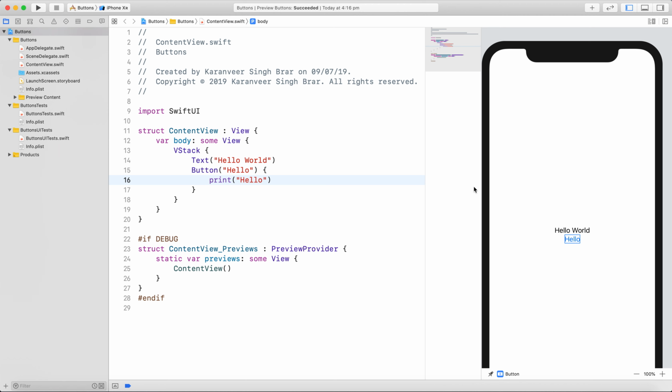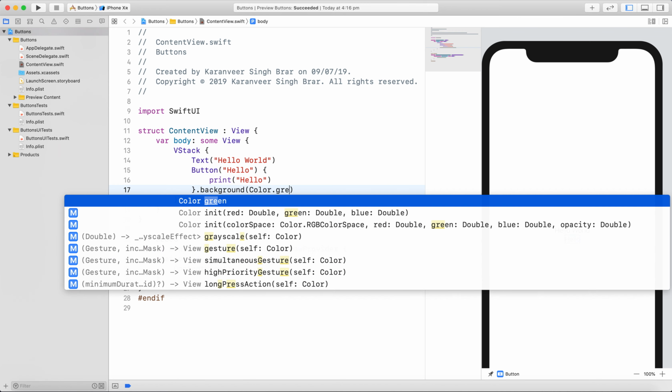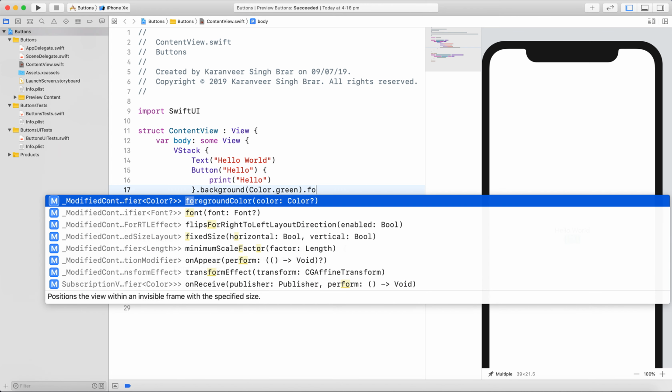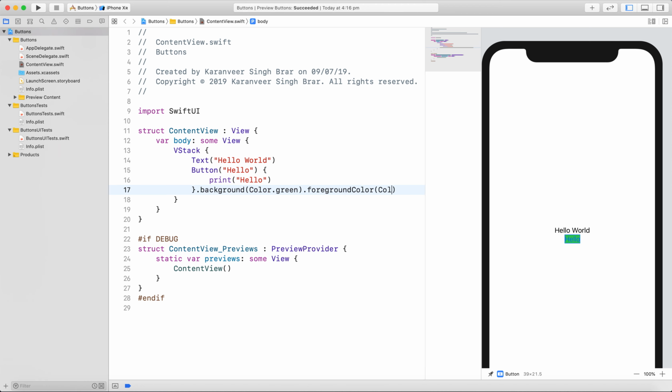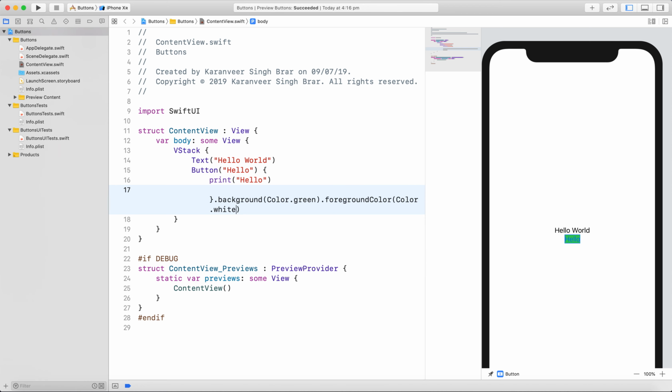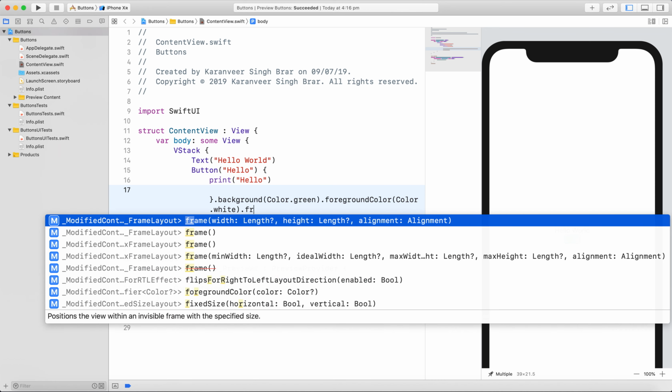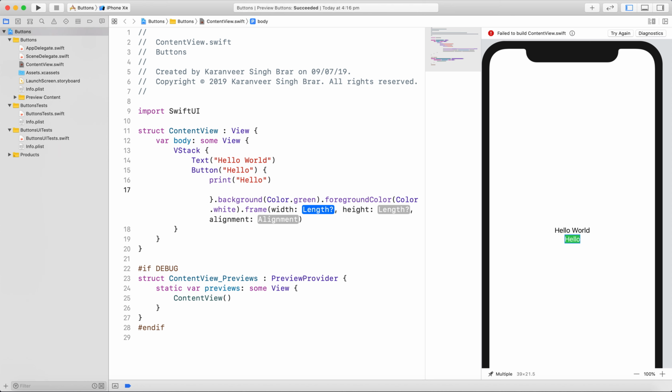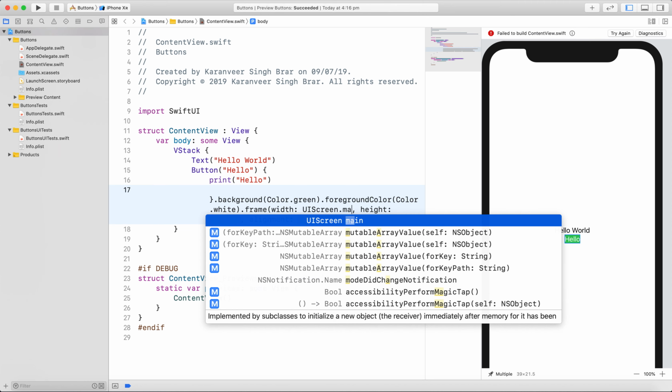As you can see, we have a vertical stack and we have text and button in it, but if I give it a background color, let's say green, and its font color, you can say white, it does work. But if now I give it a frame, new width and height, let's say UIScreen.main